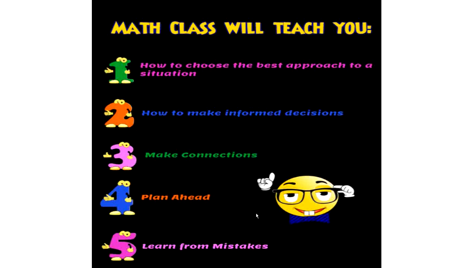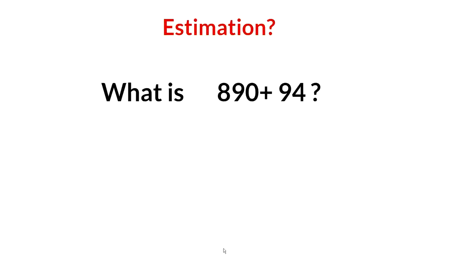And then plan ahead. Whether it's a maths problem or science or social science, always plan ahead, so that when you plan, you will have the steps in your hand. When you see the question, immediately you will be able to do the steps and finish the problem. Learn from mistakes. It's good to make mistakes because you're exploring another way not to do that particular problem, but do not make the same mistakes. Learn from your mistakes. So let's jump into the demonstration part, so that you can understand very well.